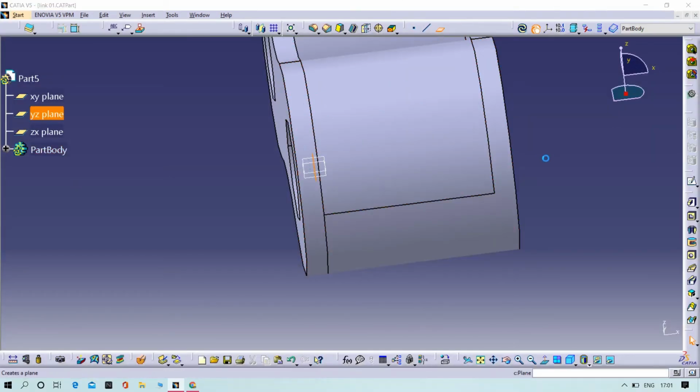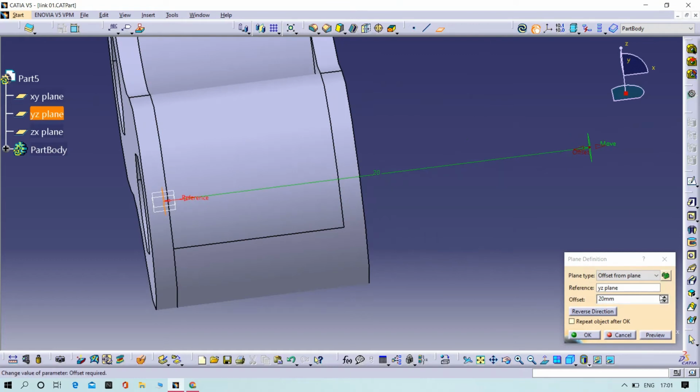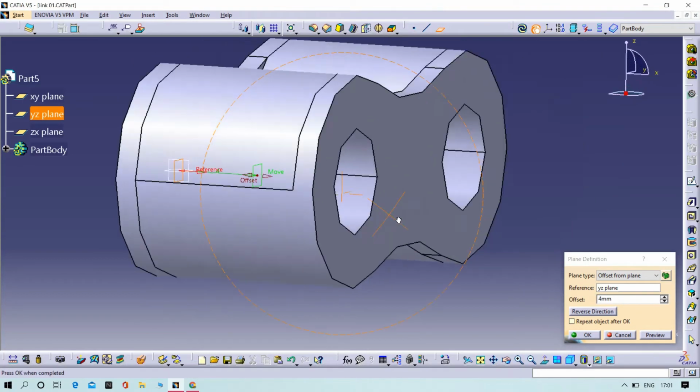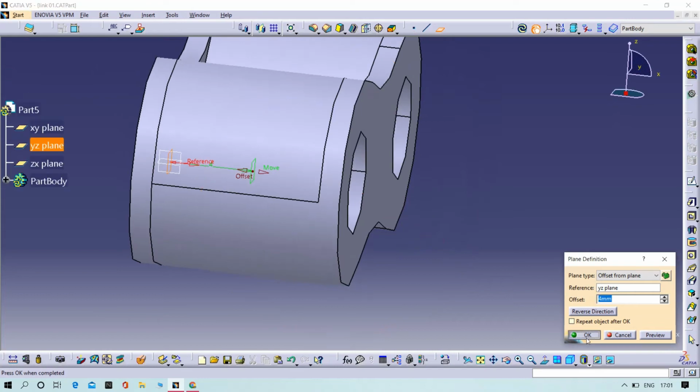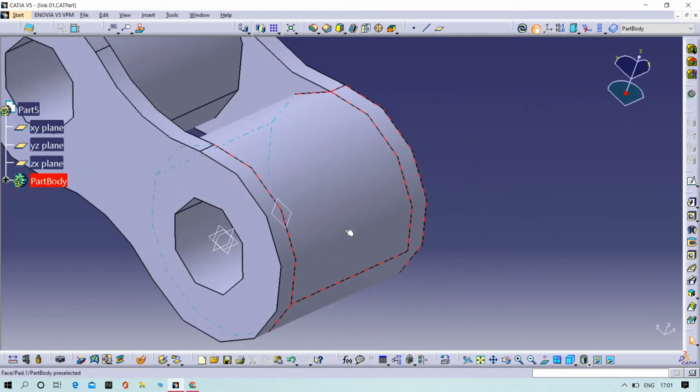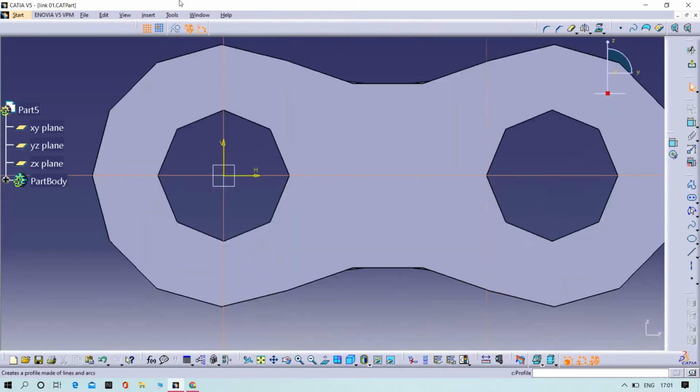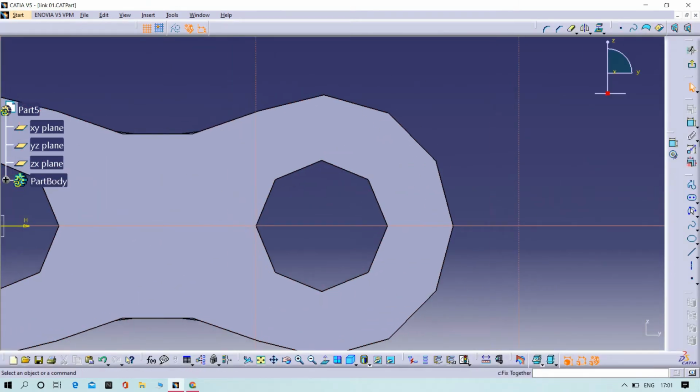Now we will do. Give 4 mm distance. Is it perfect? Okay. Now we are going to add the point.